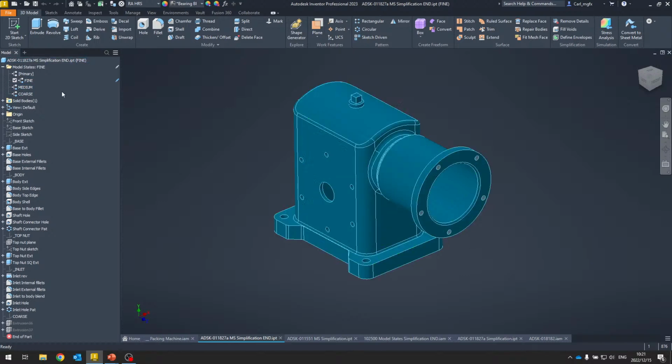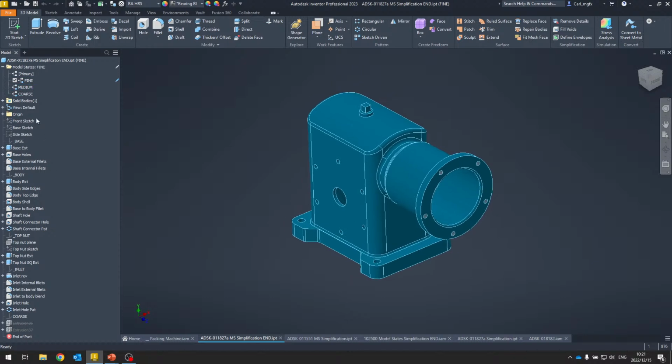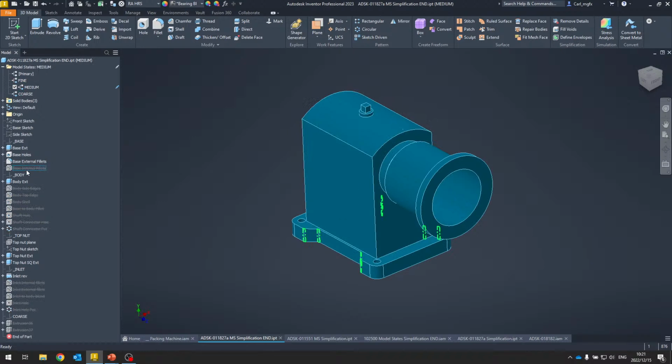And each model state here essentially has been predefined in this model, and we will see that as we cycle through the model states, different features within the browser are being suppressed